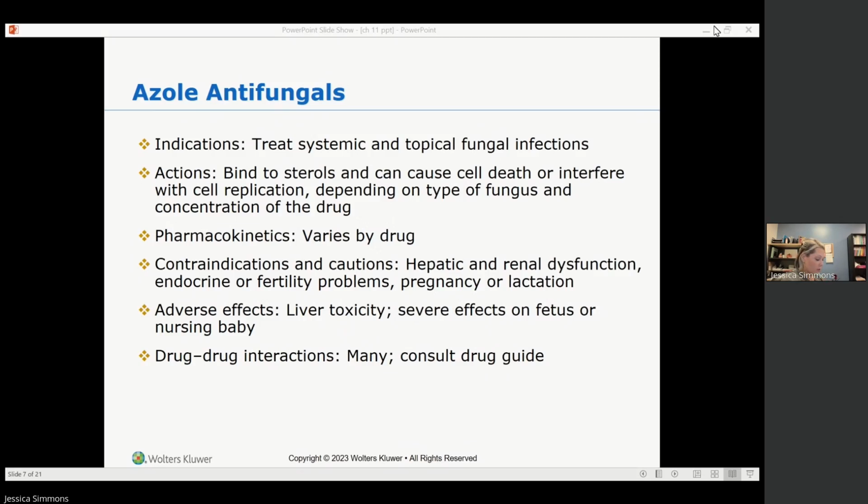Also, with ketoconazole, it has effects on the sex hormones. So for male clients, you have gynecomastia, decreased libido, and erectile dysfunction. And then for female clients, you have irregular menstrual flow. So it can screw up a female's cycle. So the nursing action is to advise clients to observe for these effects and to notify the provider.